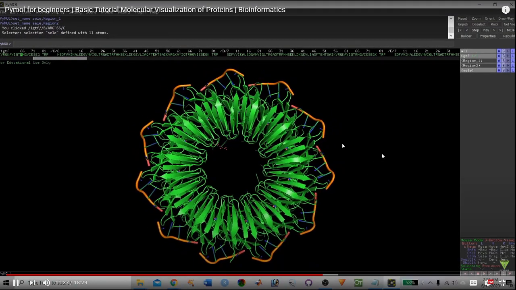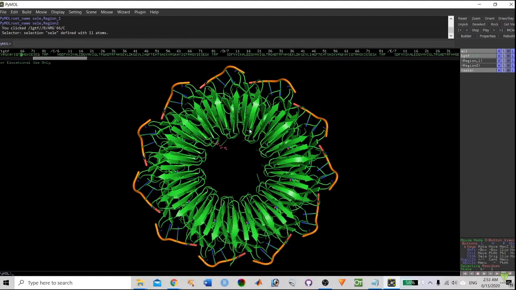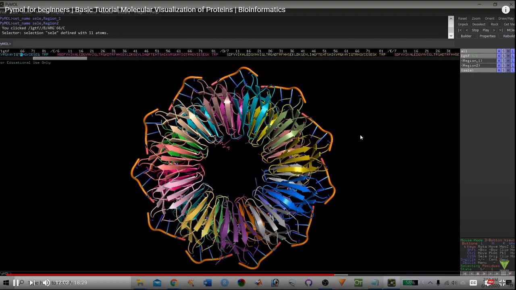We can show this information in a cartoon format. We can change the colors also. You have to go to the Color option. Color by element, I mean based on carbon, hydrogen, oxygen and sulfur. Based on nitrogen color, these colors you will find the complete protein molecule. By chain also you can change. You can see here, by chain we change the color. By secondary structure component also we can change.